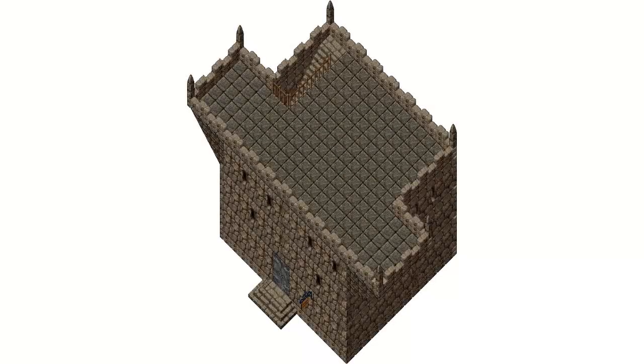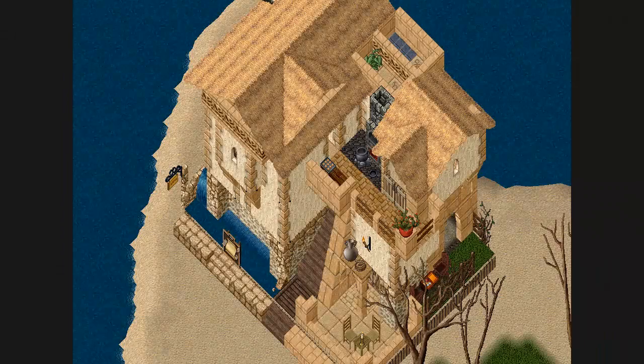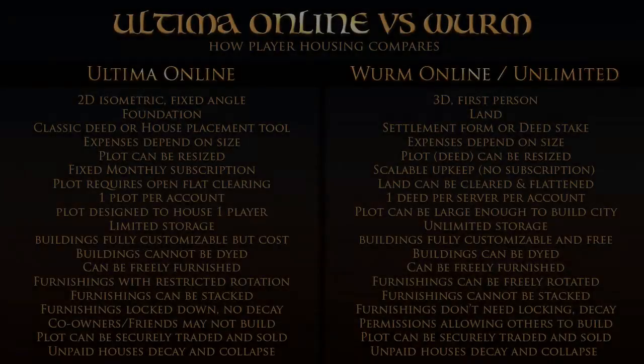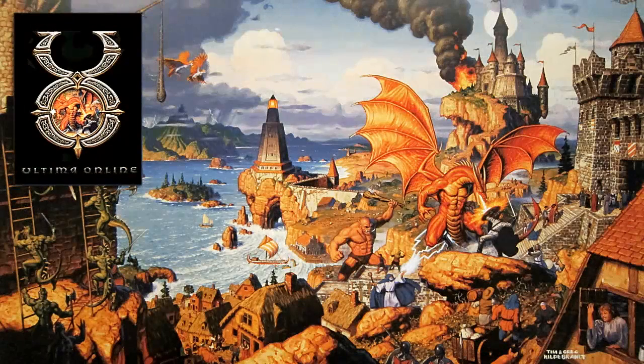Have you ever wondered what it would be like to climb the steps of the large tower and check out the view from the roof, or walk along the long corridors and terraces of the castle? Well, you're soon going to find out. We'll also check a sample of customizable houses and have a look at how player housing differs between Ultima Online and Wurm. But before that, let's take a walk down memory lane as I share my history of player housing